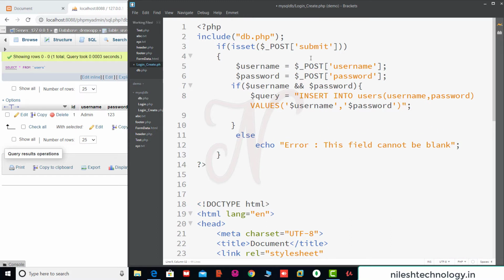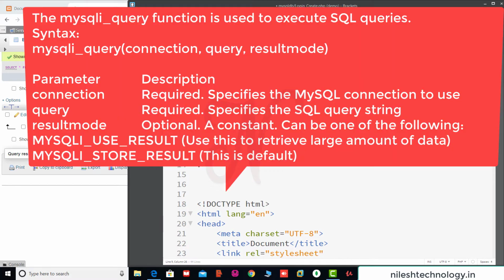There is one more function in PHP, mysqli_query. See here what the use of this function is. This function is used to execute SQL queries. It can be used to execute insert, select, update, delete like queries.